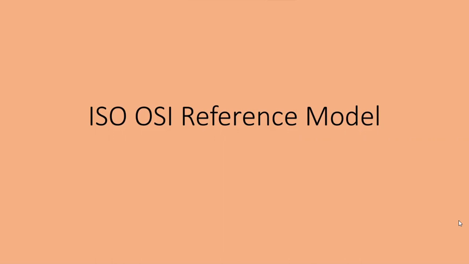And we talked about two different types of reference models. One is the ISO OSI model, and the other is the TCP/IP model. In this video, we are going to look at the different layers of the OSI model and see what functions they perform. At the end of this video, you should be able to identify the functions performed in each of the different layers of the OSI model, and you should also be able to name the layers in sequence.